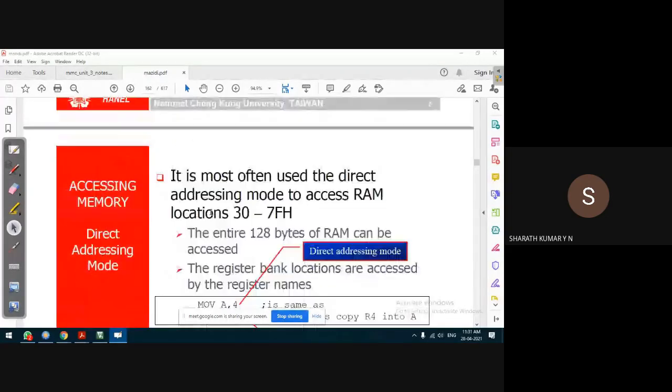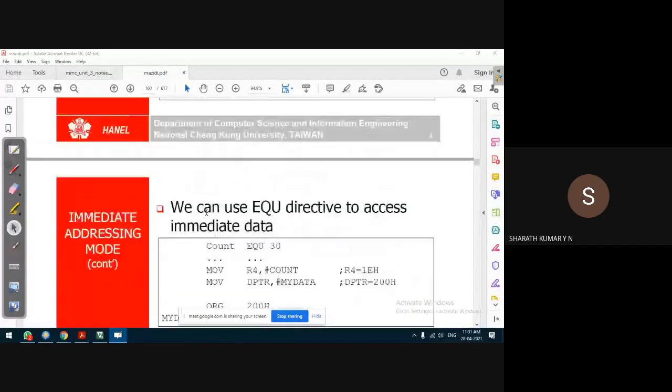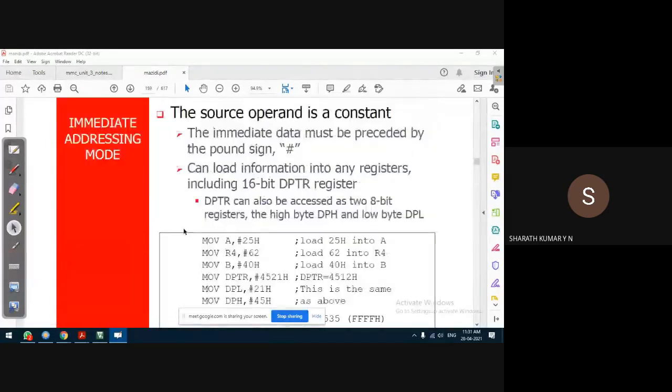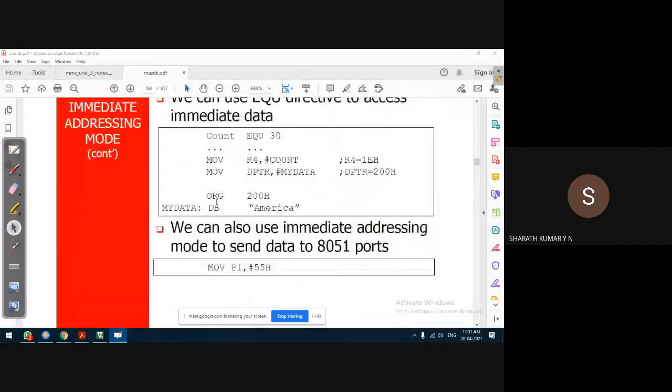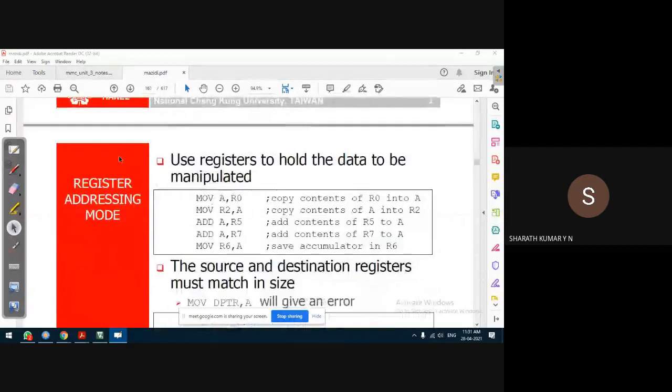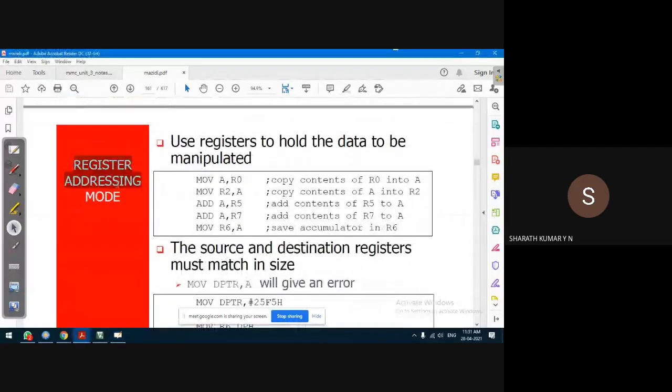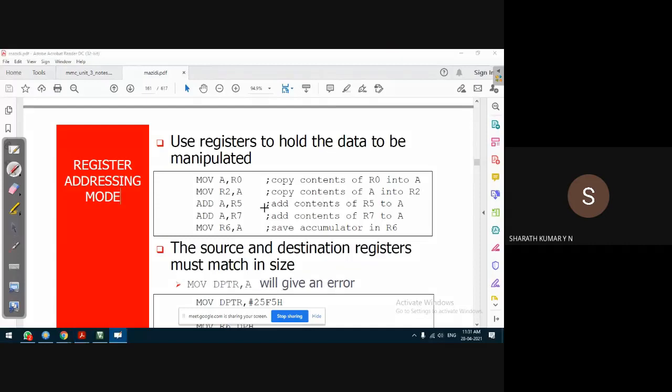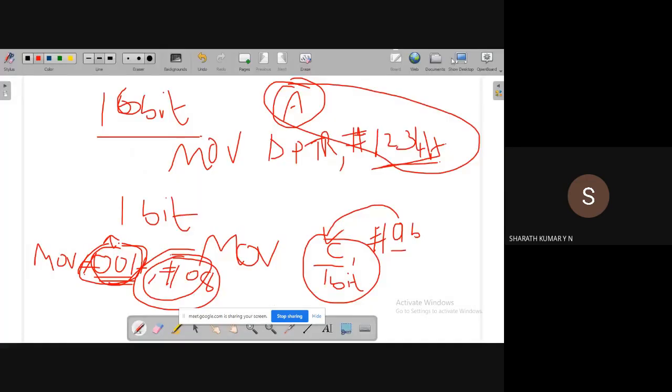Next, I think the addressing modes are discussed here. This is the immediate addressing mode. Next is the register addressing mode. So what is register addressing mode? How do we write the instruction, by the way?